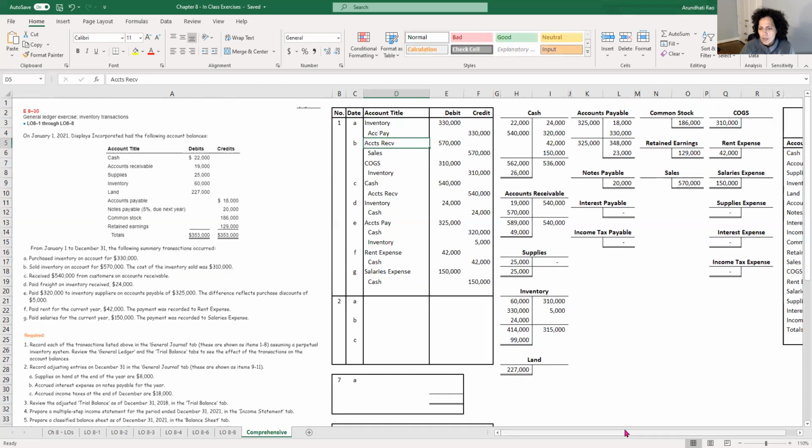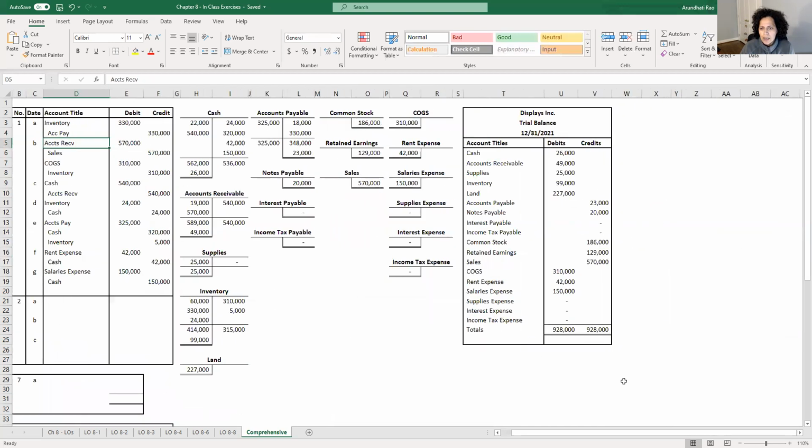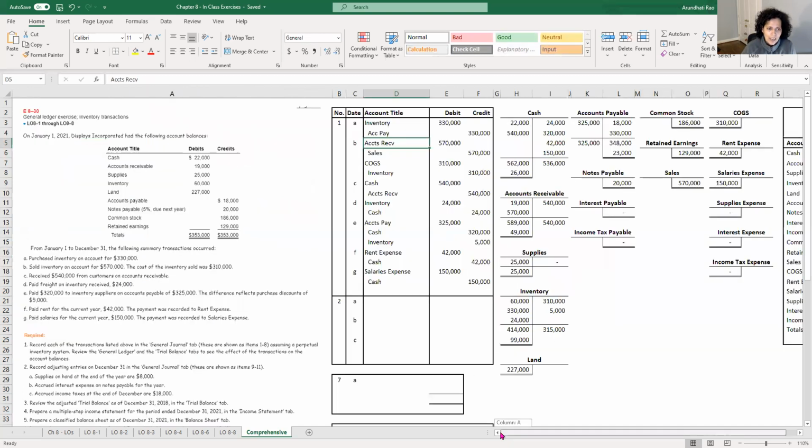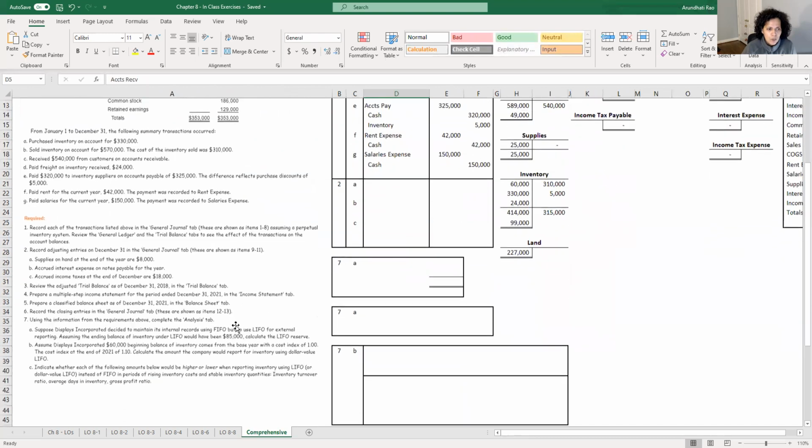Okay, so just a quick look over here. I've done my journal entries, everything went into the T accounts. I want to make sure that my trial balance is still in balance. It should be because my debits are equal to credits for every single transaction. If I had left extra zeros over there, the numbers would still balance. So don't just take comfort thinking that the total debits equal total credits. That's just one part of what we need to be looking at. Okay. Now that we have that taken care of, let me scroll down a little.